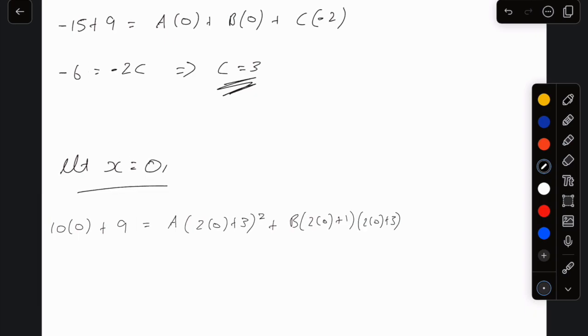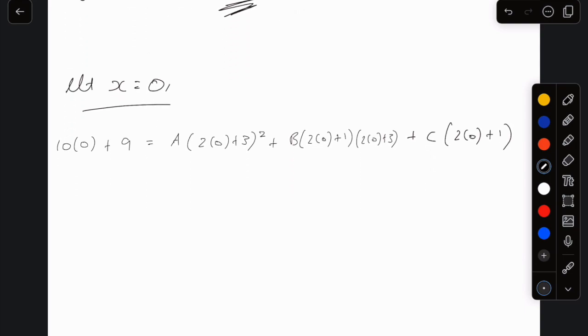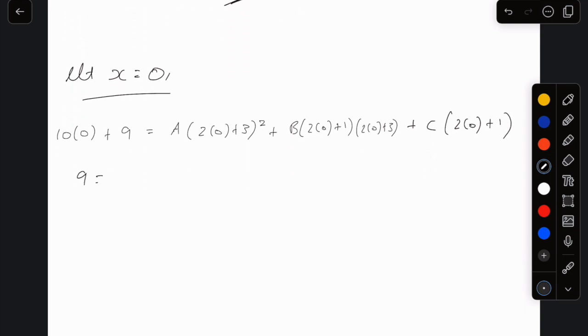Alright. Plus C. 2 times 0 plus 1. Okay, which is going to be what? It's going to be 9 is equal to 9 is going to equal 9a. Okay. Yeah, 9 is equal to 9a